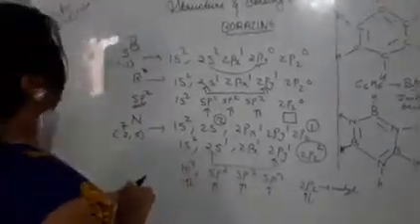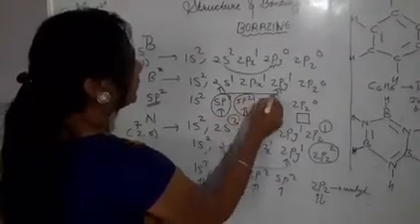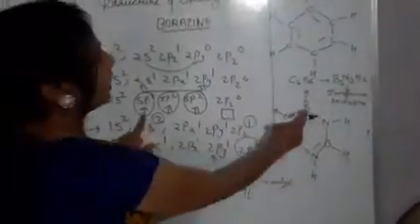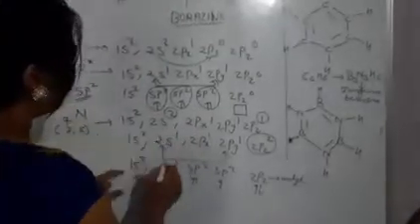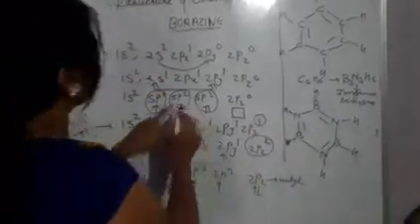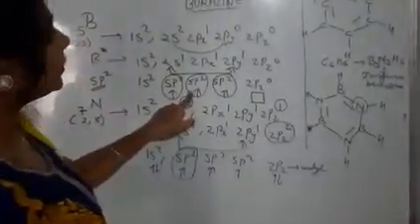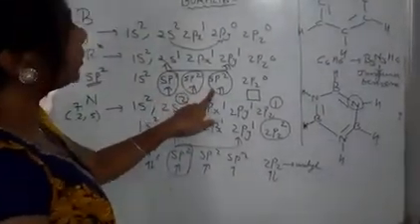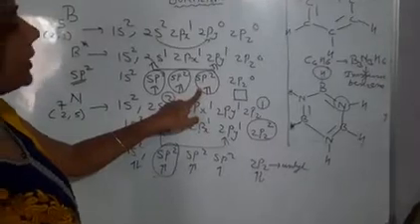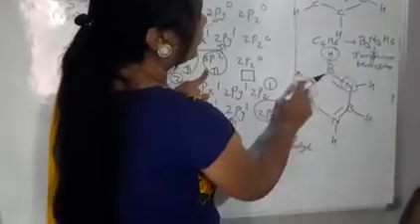See here. In boron, how many hybrid orbitals are there? There are 3 sp2 hybrid orbitals which contain 3 unpaired electrons. So let's start with this boron. One of the sp2 hybrid orbitals of boron will overlap with the sp2 hybrid orbital of a nitrogen having the unpaired electron, and it will form a BN bond. Similarly, another sp2 hybrid orbital of boron overlaps with another nitrogen atom's sp2 hybrid and forms the BN bond. Then the third sp2 hybrid of boron will overlap with the 1s1 of hydrogen and form the BH bond. So it means there is a formation of 3 bonds of boron, one with hydrogen, one with nitrogen and one with nitrogen.